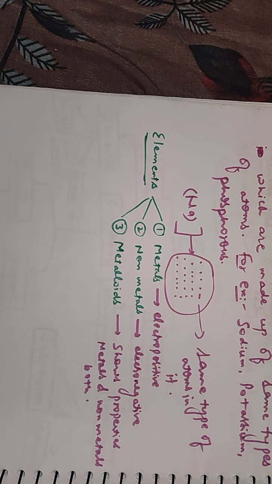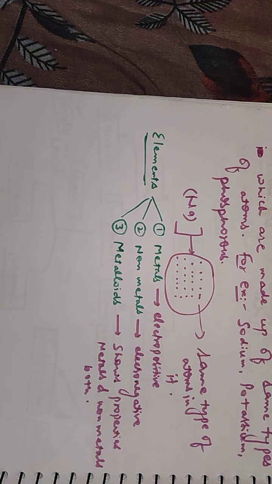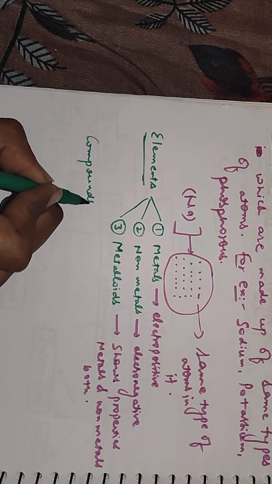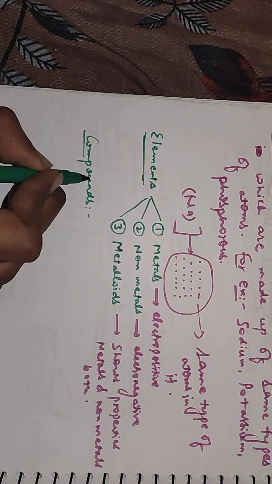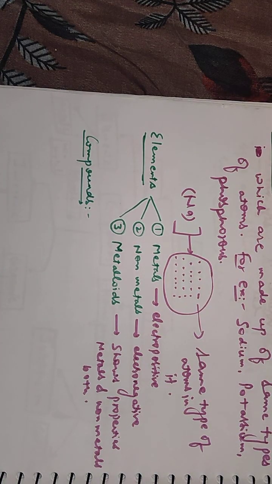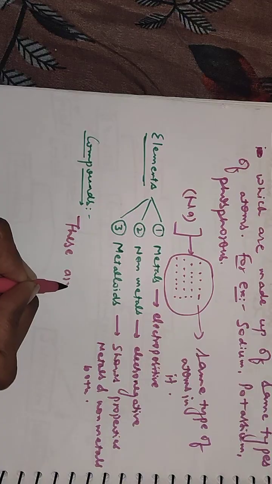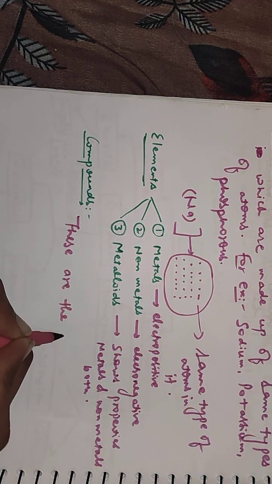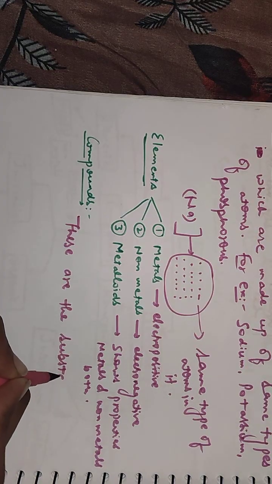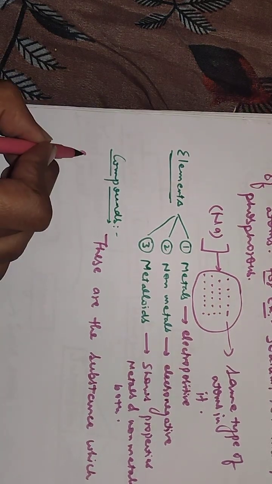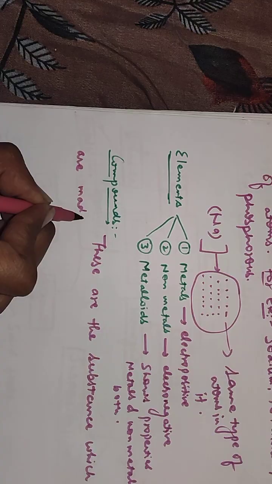Now come to the next point, which is compounds. This is the most informative thing we will study. What are compounds? Compounds are made up of a fixed proportion of two or more than two elements. These are substances which are made up of